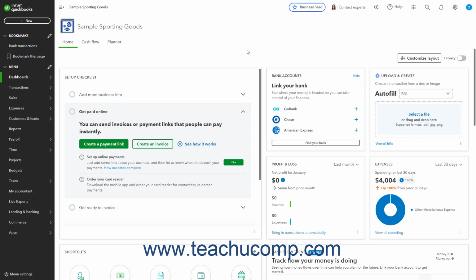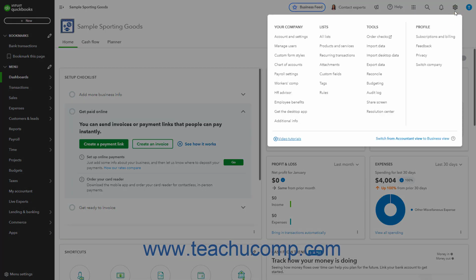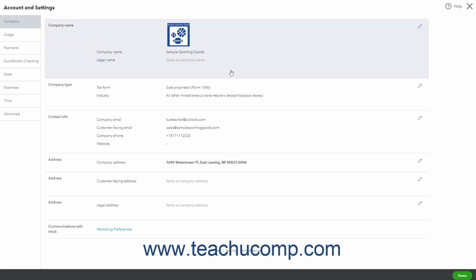After creating a company file, you should customize its settings. To access these settings, click the Settings button. Then click the Account and Settings link under the Your Company heading in the menu to open an Account and Settings window. The first time you open this window, a Company Profile overlay window may appear, asking you to enter